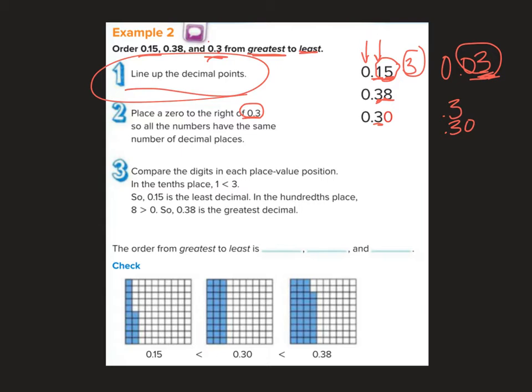And then I have 2 3s. So can I determine yet which one's bigger? Nope. So I'm going to go to the hundredths place. So I have an 8 and I have 0. So what's more, 8 pennies or 0 pennies? 8 pennies is going to be more, so that's going to be the first place, and this is going to